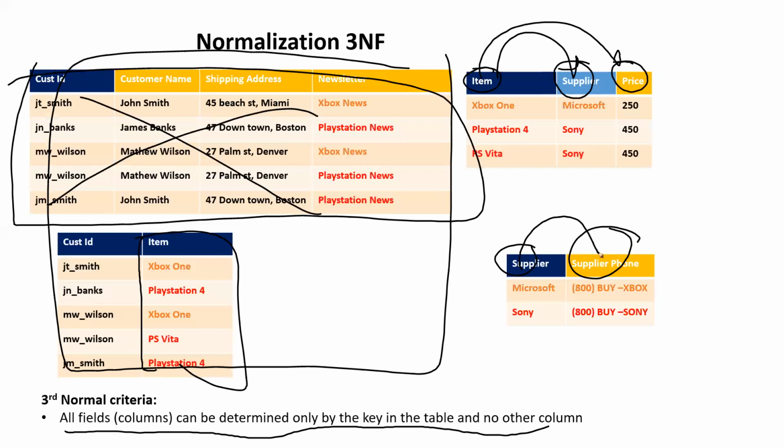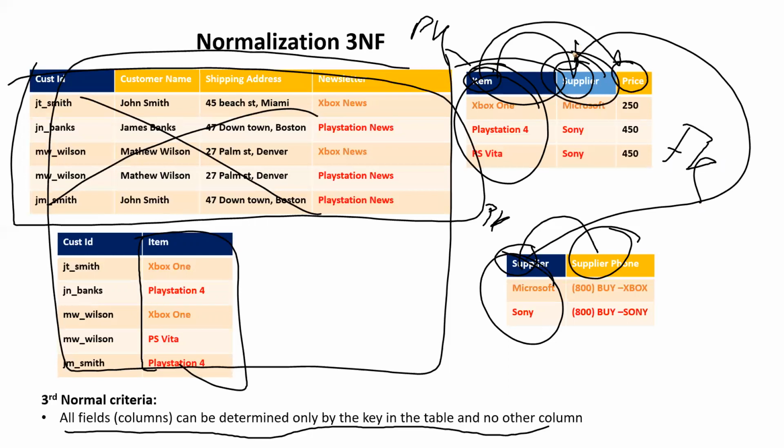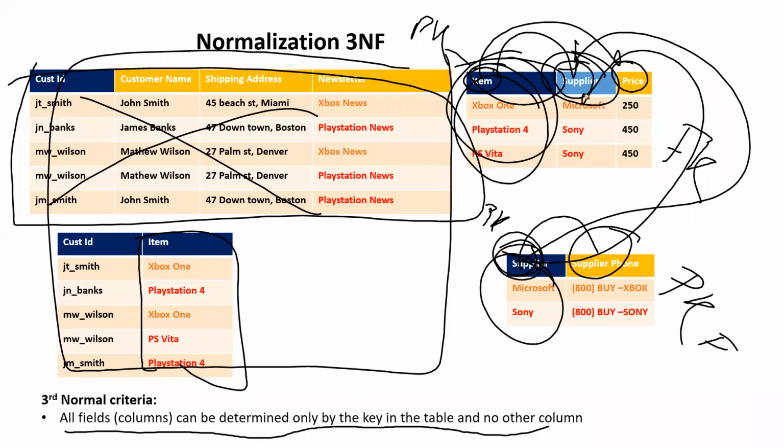Now if you see here, item is a primary key in this table. I can have unique values here only. Supplier is a primary key in this table, unique values. Supplier is a foreign key in this table, right? We'll talk about primary key, foreign key soon, like this week. So you can clearly see that there is a relation between this table and this table on the supplier key, where supplier is my primary key, and in this table, supplier is a foreign key.